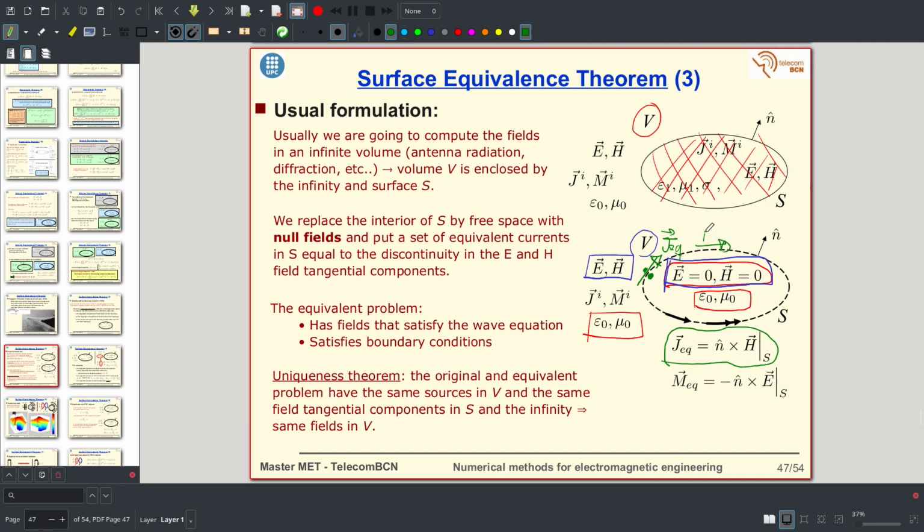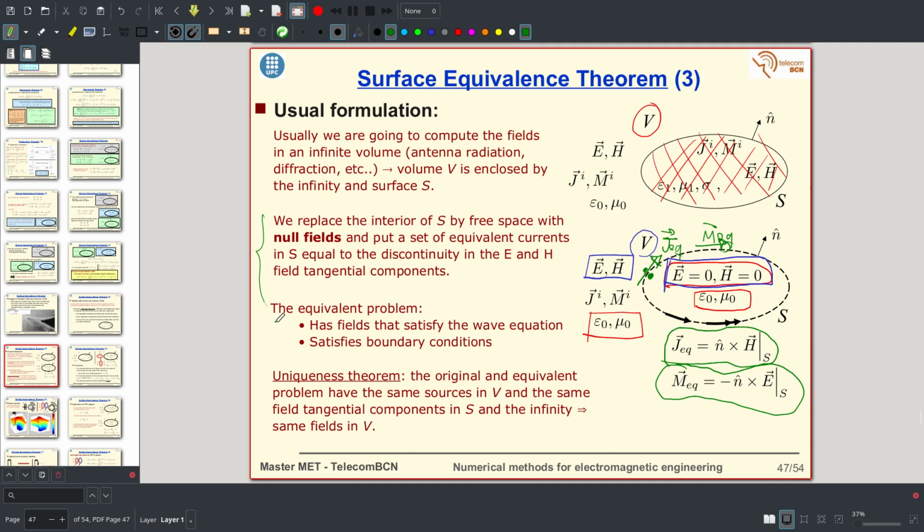These equivalent currents are the currents that agree with the boundary condition and support the discontinuity between the original fields in the outside and the zero fields in the inside. So, as it's explained here, we have just replaced the object with zero fields and free space inside S,